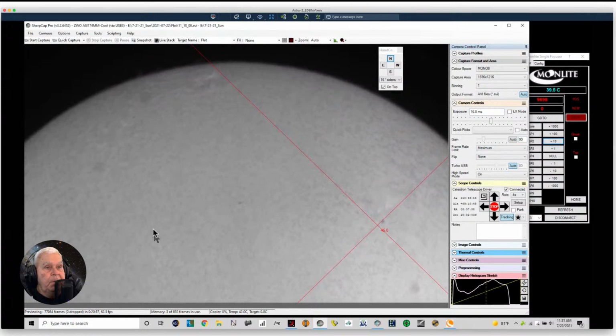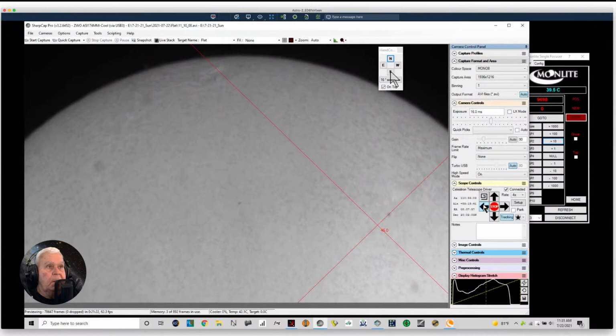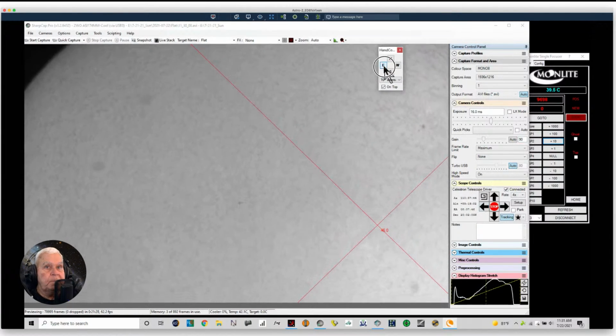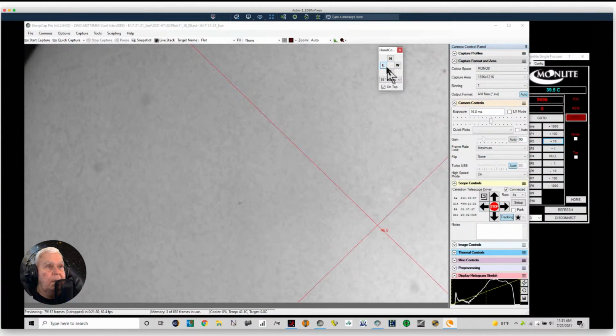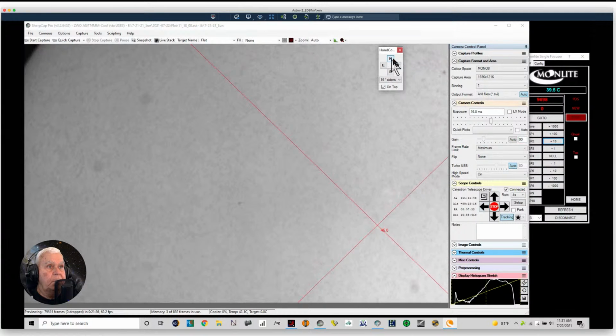All right, before we do anything, let's take some flats. You see these dust motes? There's one there, and this right here isn't a spot, it's a dust mote. So what we want to do is move into the center of the sun, and we want to fill the frame with the sun